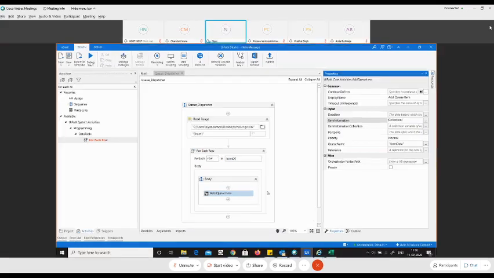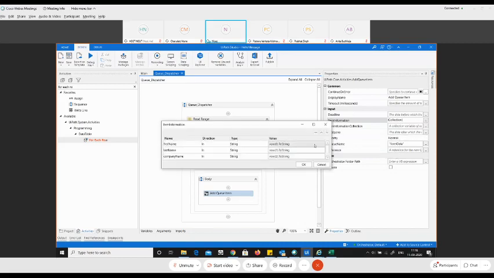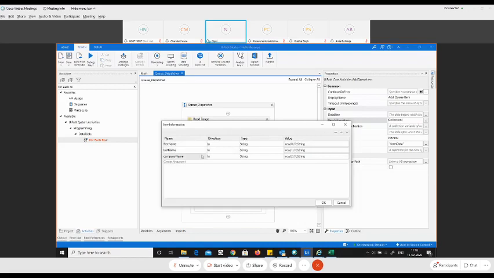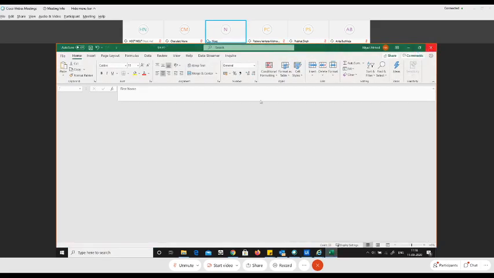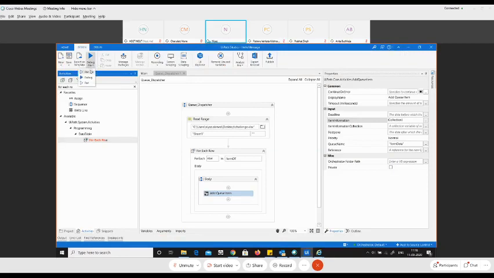I'll repeat once again what we have done. We have used the add queue item. Over here, you need to give the queue name. Make sure that the orchestrator is connected or else this is not going to work. So the queue name is done over here. And then in the item information, in the collections, you have to mention all the things that you need to add. This is the thing that we need to add from the data table. Awesome. Let me close this Excel file and let me run this program.